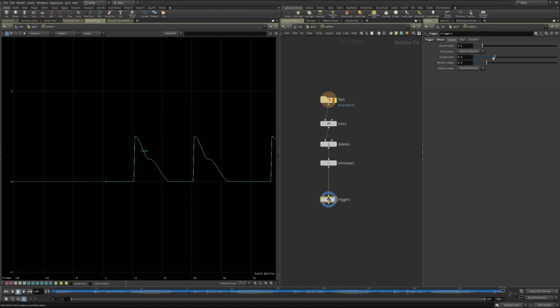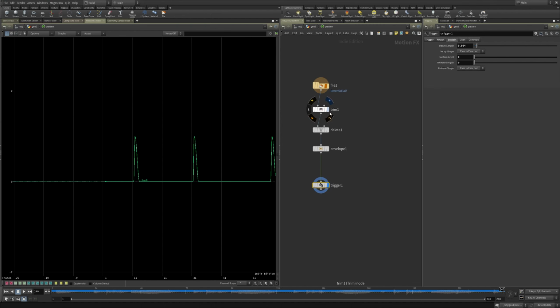The sustain level is just like the peak level. If you want this to sustain all the way at its maximum, or at its minimum, or anywhere in between. The decay length is sort of how long it takes to fade out, and the release is similar to that. If you had sustain here, the release would be sort of that knee of the release. But since our sustain level is 0, you're not going to see anything happen. The decay length, again, is how long it takes for this transition to go from 1 back down to 0.